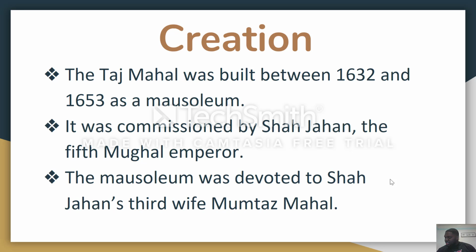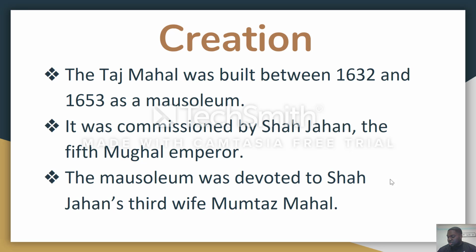The plans for the complex have been attributed to various architects of the period, though the chief architect was probably Ustad Ahmad Lahori, an Indian of Persian descent. Five principal elements of the complex, the main gateway, garden, mosque, jawab, literally "answer," a building mirroring the mosque, and the mausoleum, were conceived and designed as a unified entity according to the tenets of Mughal building practice, which allowed no subsequent addition or alteration. Building commenced about 1632.